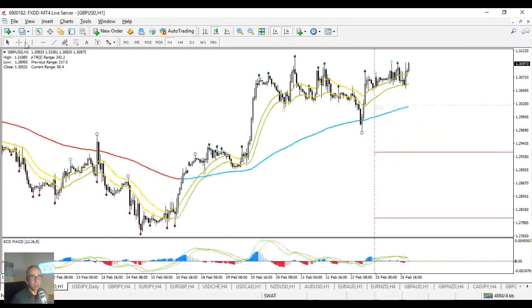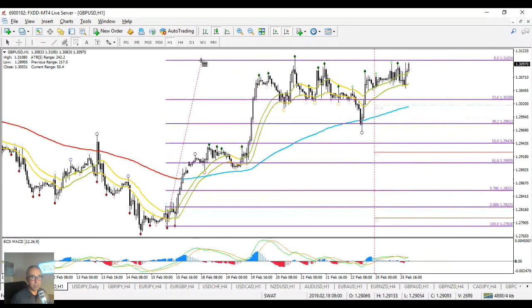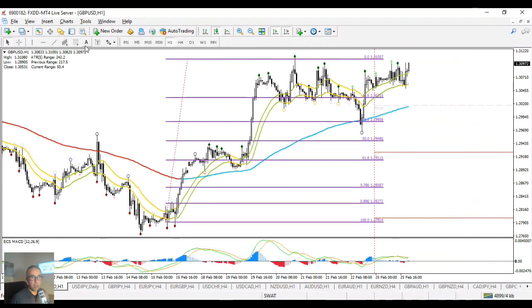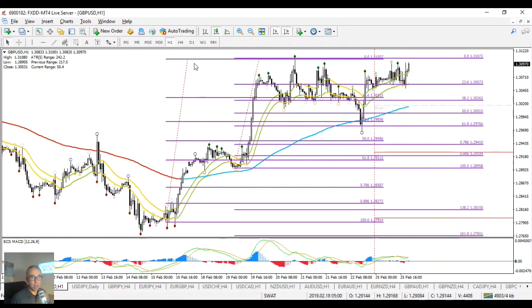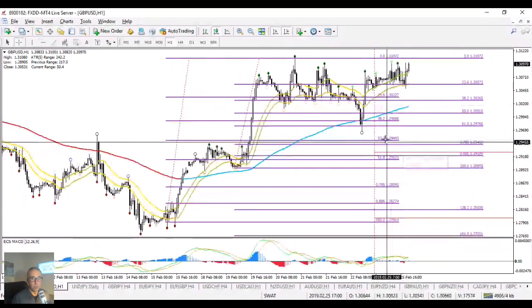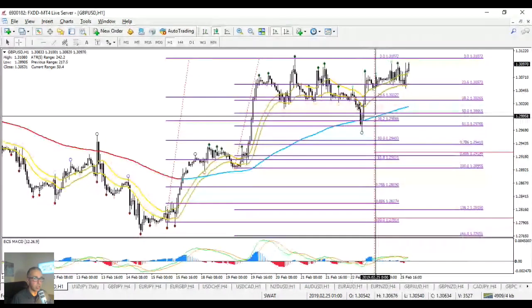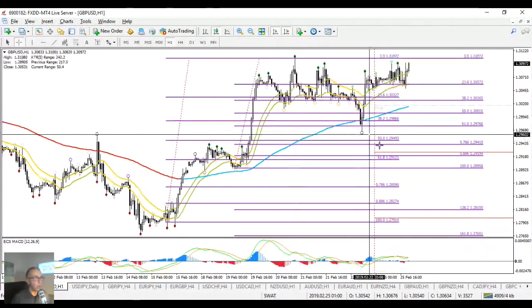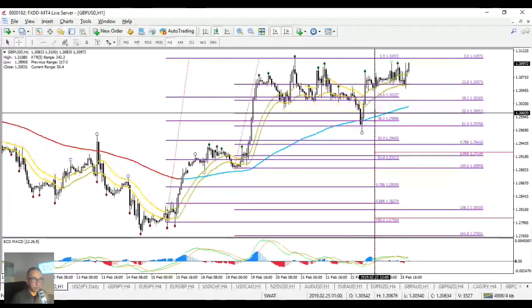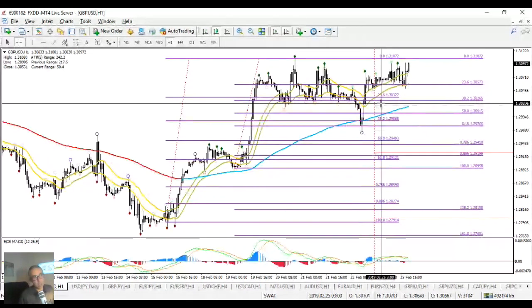So, pound dollar, I had two fibs, I think. This one and this one. All right. So there were a couple of levels that were interesting, right? These fibs were interesting, were decision zones. Because if this was a wave 1, 2, 3, 4, a wave 4, we would expect price to bounce at these fibs. So that was a decision zone